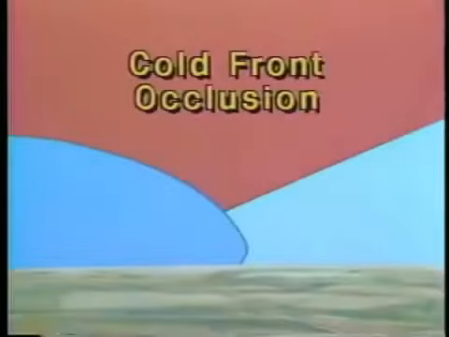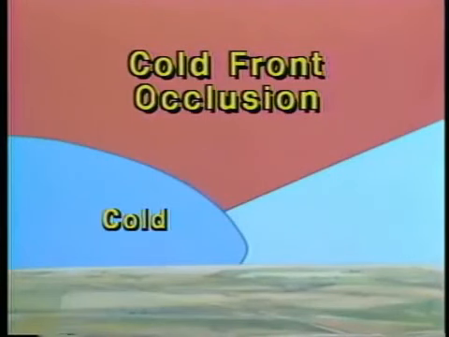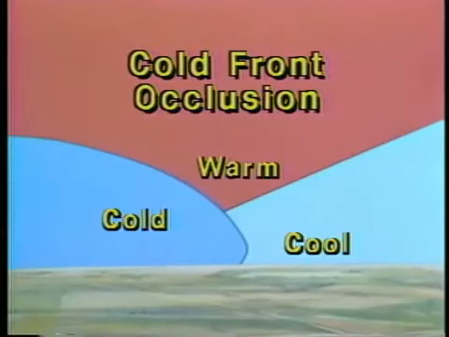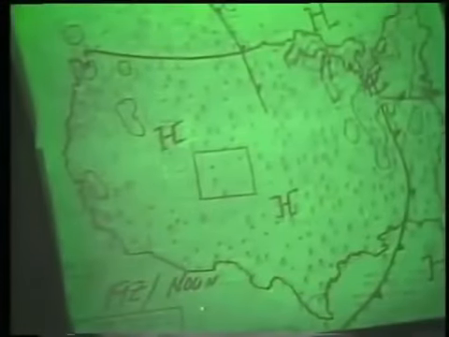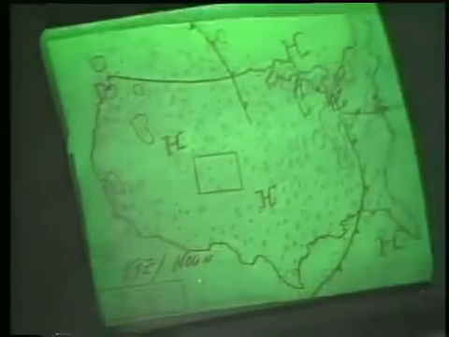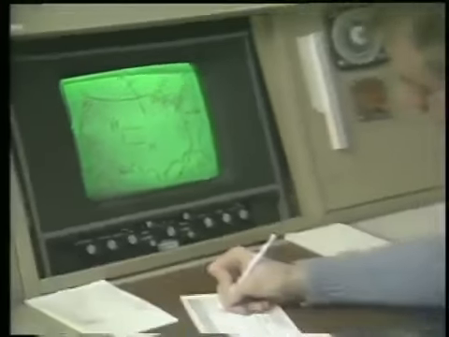The other type is a cold front occlusion. Here, the cold air is replacing cool air at the surface. This type of occlusion generally doesn't produce weather as poor as a warm front occlusion. However, like the warm front occlusion, the weather associated with it is hard to predict and can produce a wide variety of weather considered dangerous to most general aviation aircraft. With weather patterns constantly changing, it is important to understand the factors behind their development and to get